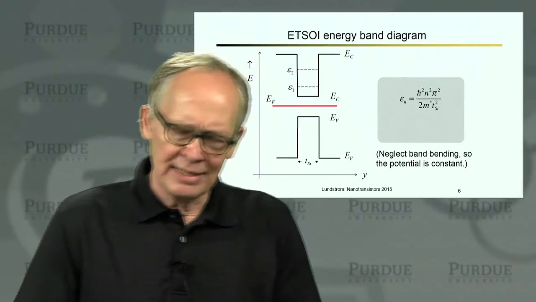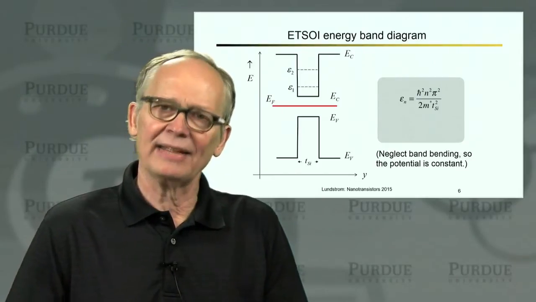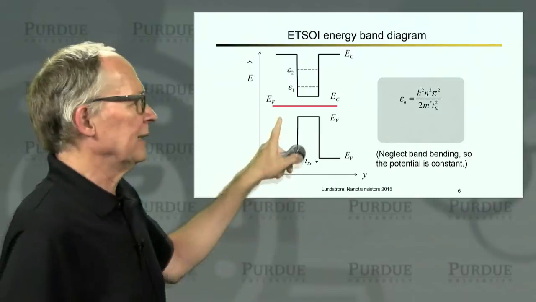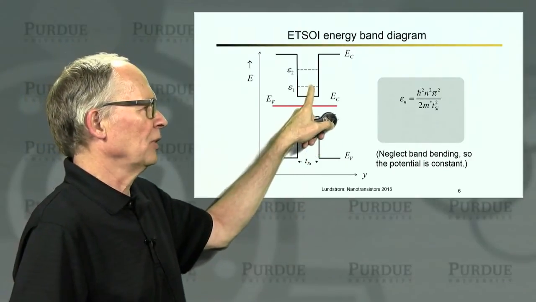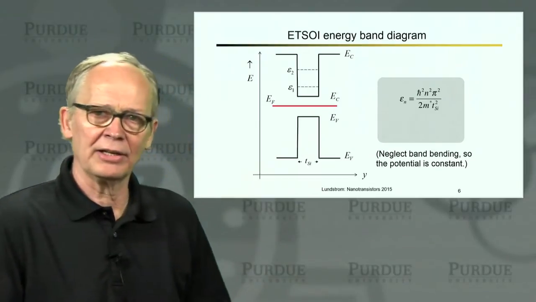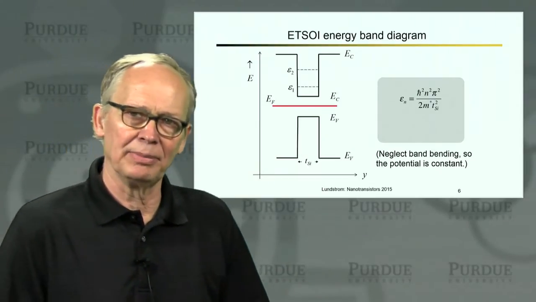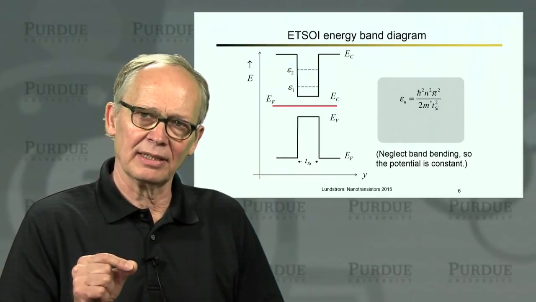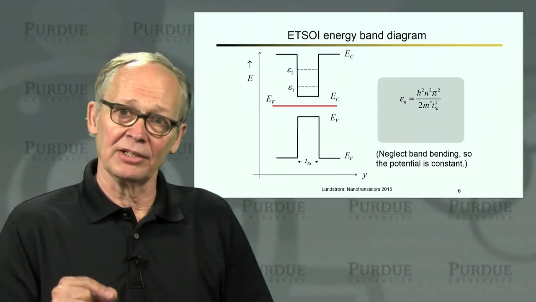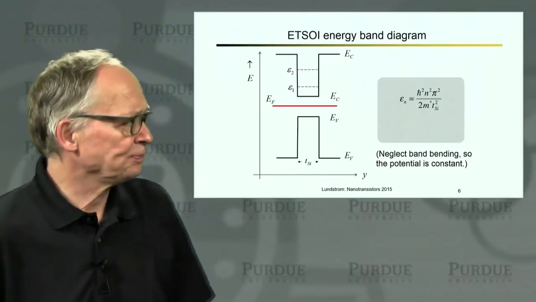And the electrons in the conduction band can't have any energy above the bottom of the conduction band. There's a discrete subband, and that's epsilon sub 1, the confinement energy. That's how far in energy above the bottom of the conduction band the first subband is located. That's the lowest energy that an electron can have.